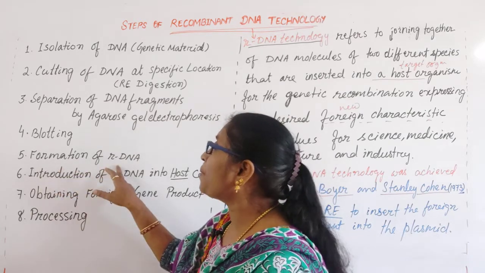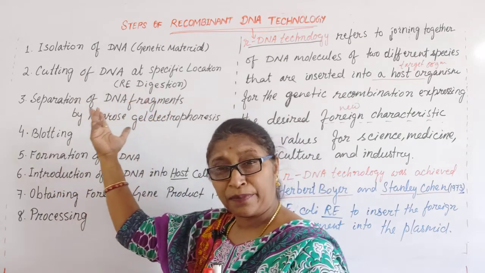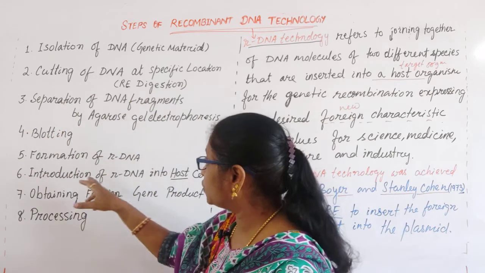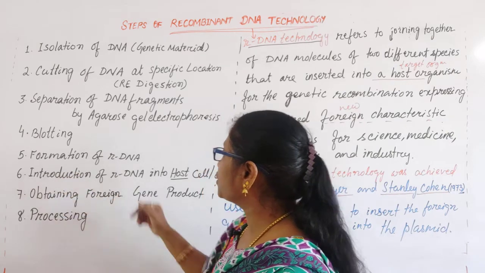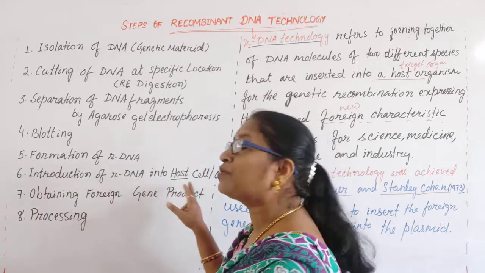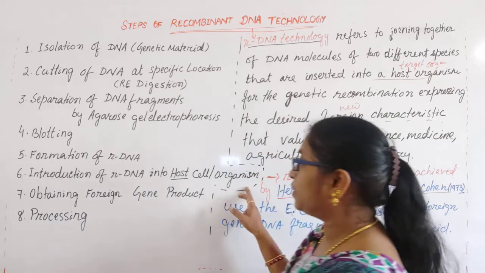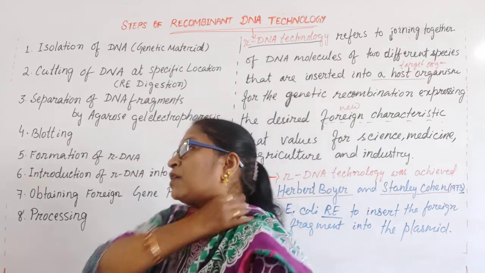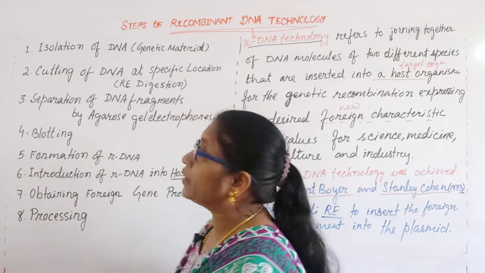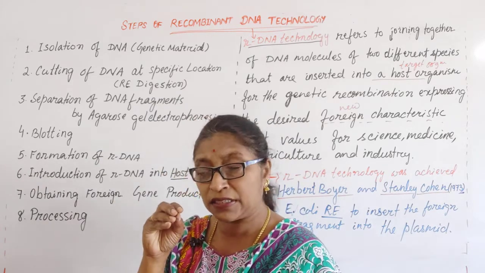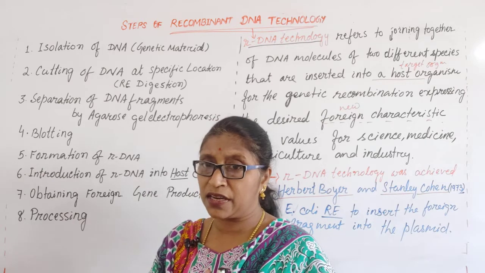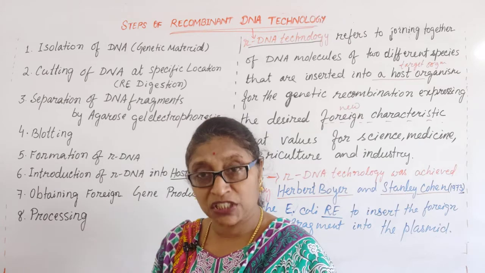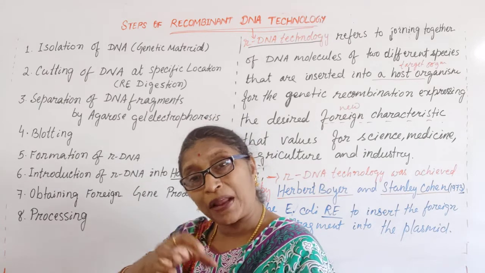Then formation of rDNA, then the vector is ready, the plasmid is ready, and that foreign DNA is joined to it. Then introduction or insertion of rDNA into the host cell or host organism. Then obtaining the foreign gene products, meaning it may be directly introduced into the host organism, or it may be introduced into a host cell, meaning the cell from which the plasmid is taken out,